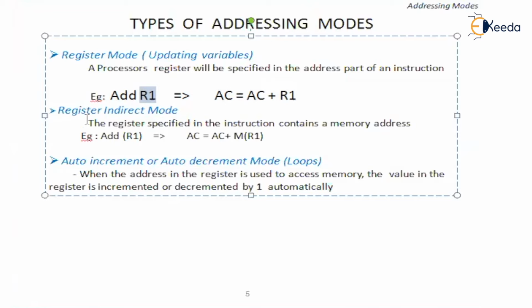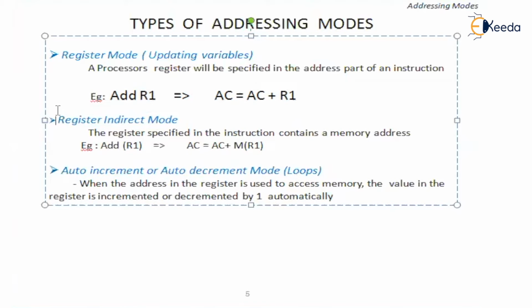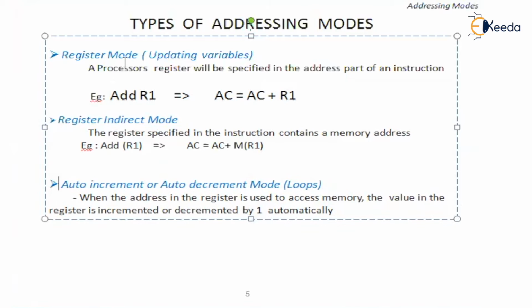Register indirect. What is register indirect? The register indirect is similar to indirect addressing mode, but it uses a register. What is register addressing mode? In the register addressing mode, the address part of the instruction is going to specify a processor's register, right? Then the contents of the processor's register will be added to the accumulator and the accumulator will be updated with